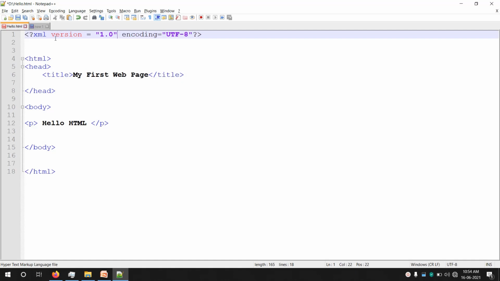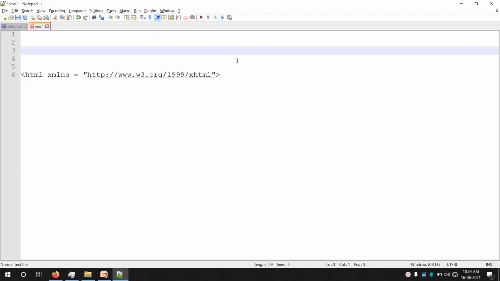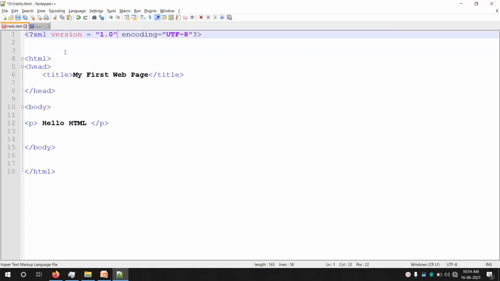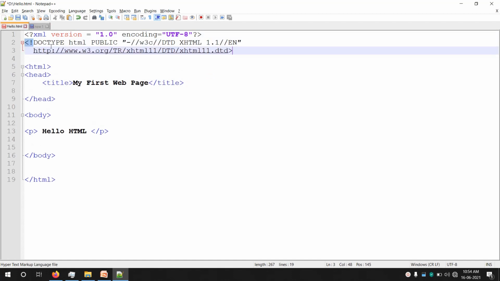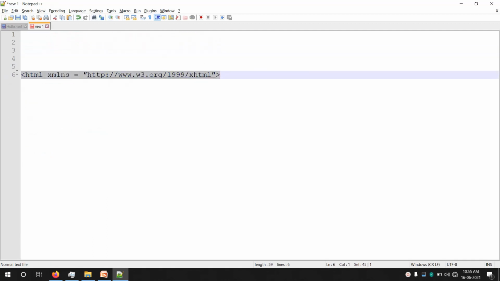Then we should have the doctype declaration, then the root tag HTML with the XML namespace.